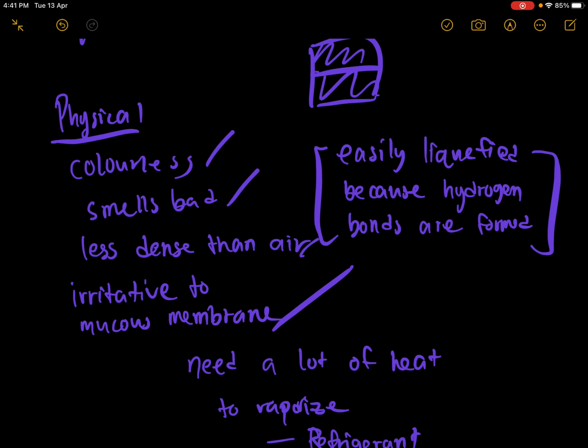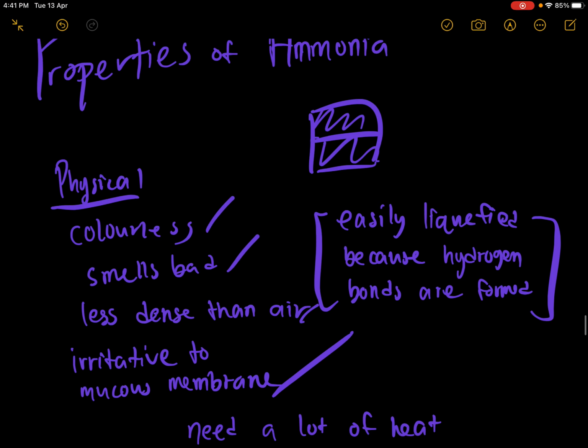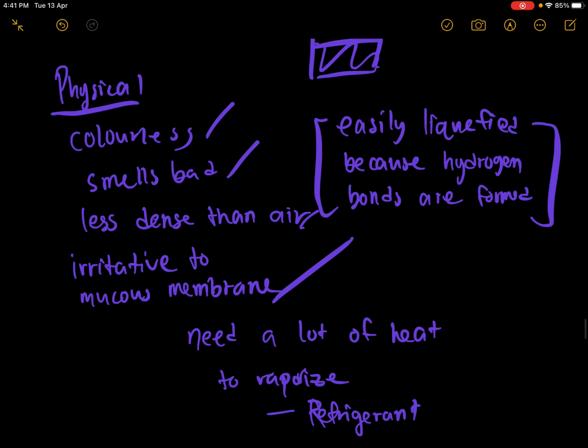So there will be two different layers. But the main part is ammonia is very easily liquefied. That means if you were to compress it, it will easily turn into a liquid. Why? Because it's very easy to form hydrogen bonds between the ammonia. And these hydrogen bonds are very strong. And because they're very strong,